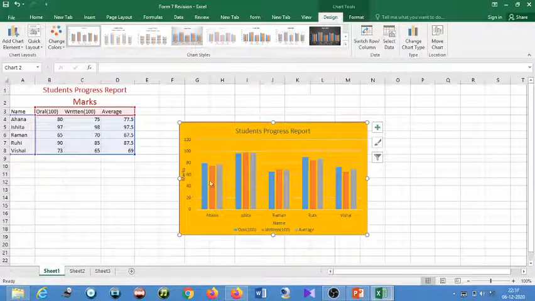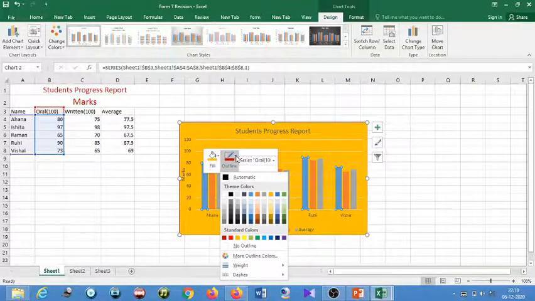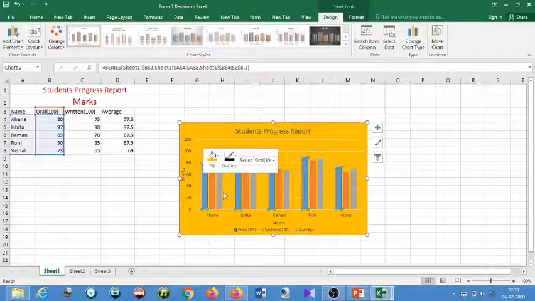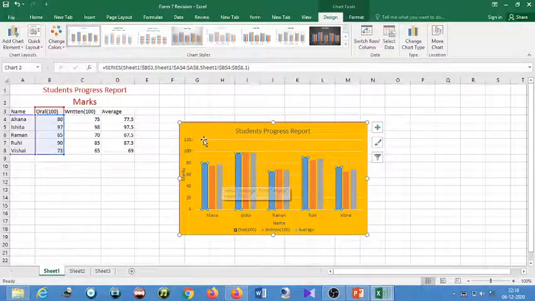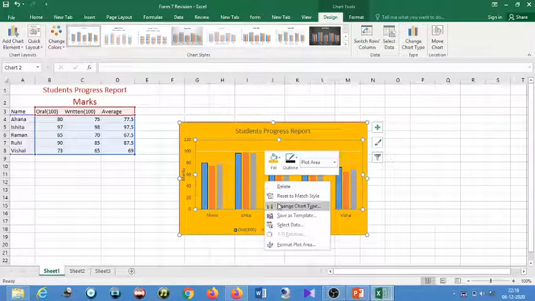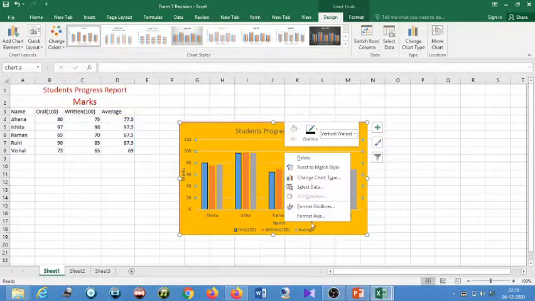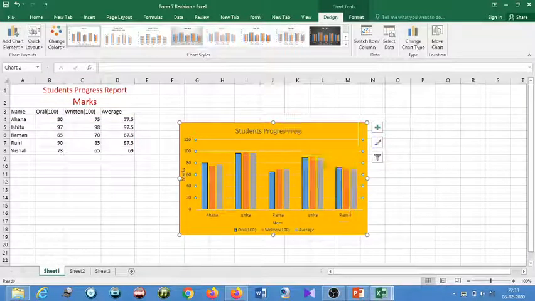And also, if you want to change the color of this series, you can change it here. If you want to put an outline, you can put an outline. Look here, you can find grid lines, white color grid lines, now it shows here. So in this way, students, you can format your chart. Once again I show you how to format grids.